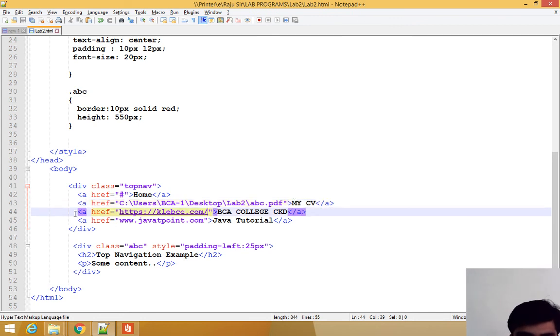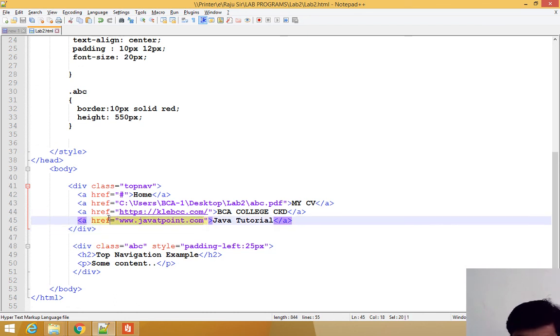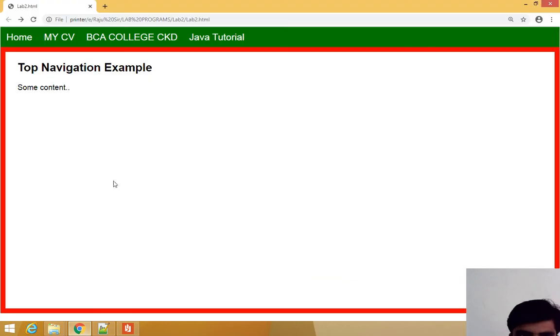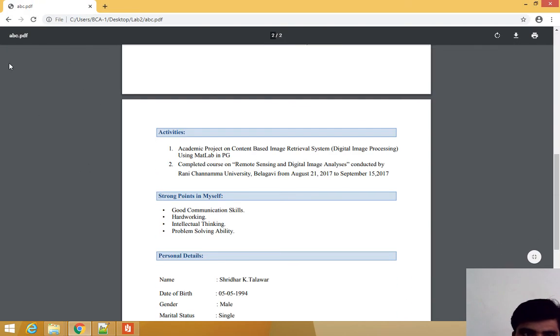So same thing you can create like this also, the second one, and here I am writing java t point, the link name is java tutorial. So come here, now it opens our resume like this.